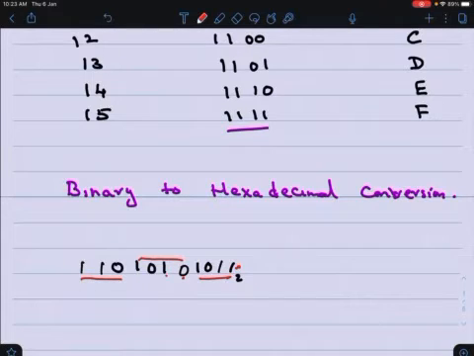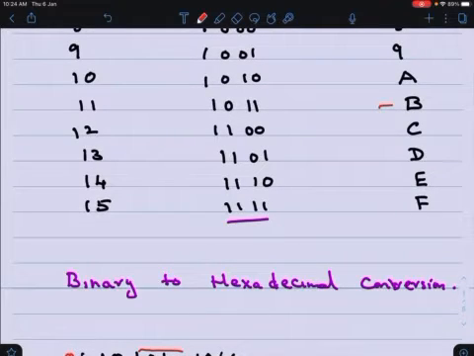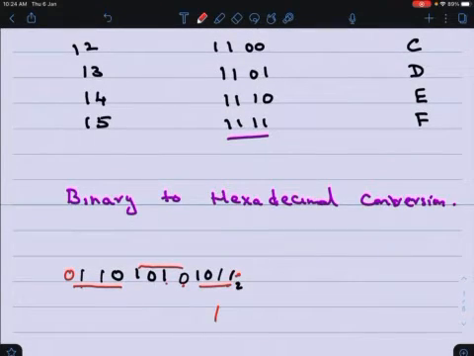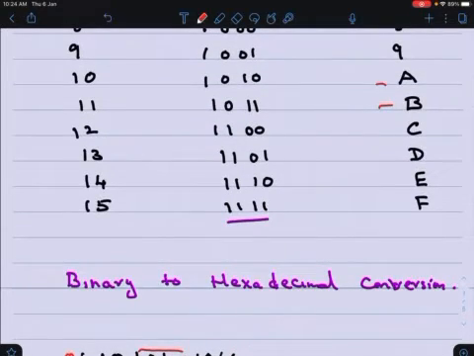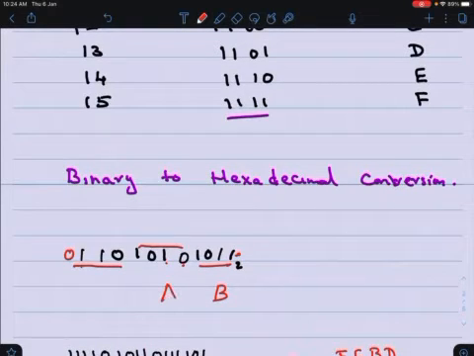But if this is only 3, then you just put a 0 and make it into 4. Now this is 1011, right? 1011 is 8 plus 3 is 11, and the corresponding 11 means it is B. See? B. So you just put your B here. Here it is 1010. It is corresponding 10. It is A. So this is A. And this is 0110. So it is 6. So my equivalent hexadecimal number is 6AB to the base 16.